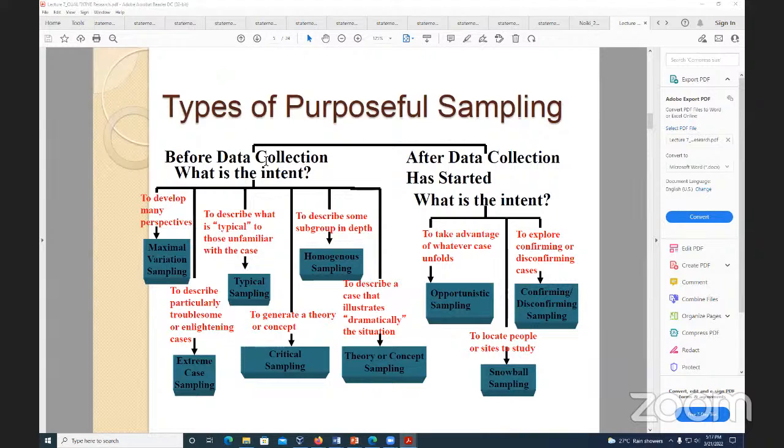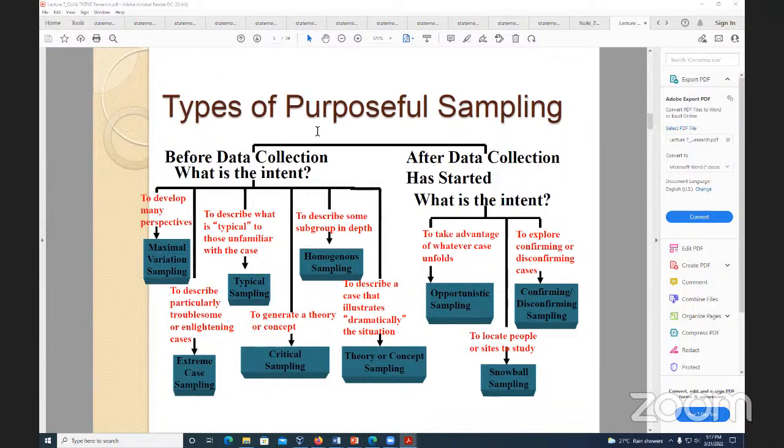In a quantitative project, you come up with research questions or hypotheses, and then you collect the data based on the methods. However, in qualitative, it actually depends. Sometimes you know exactly what you intend to do and you never change the research question. But sometimes, in a qualitative project, you may actually change the research question after you start data collection. It's really different from quantitative. So we have these two questions. What is the intent?